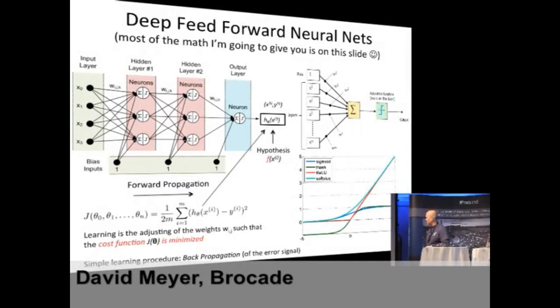But anyway, what you do is you try to learn from the errors, and then you propagate the error signal back through the network, and you adjust these weights until the error is minimized. That's the whole thing. That's why Andrew Ng was saying, in principle, it's simple. That's all it does.